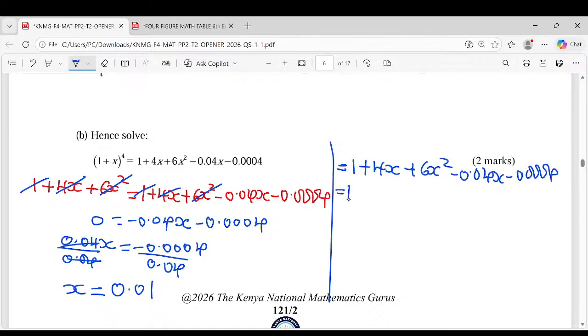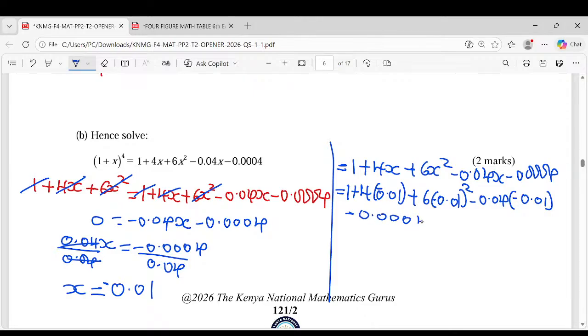This will now become 1 plus 4 into 0.01 plus 6 into 0.01. This should be negative literally. There should be a negative sign. Negative 0.01 squared minus 0.04 into negative 0.01, then minus